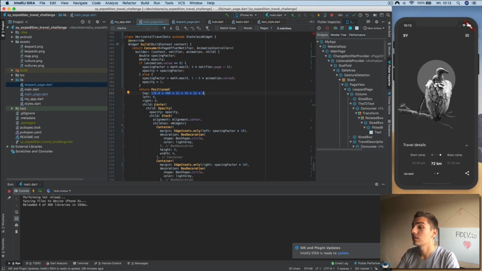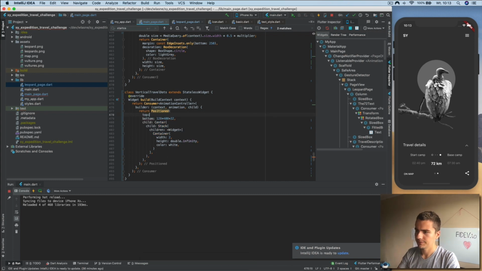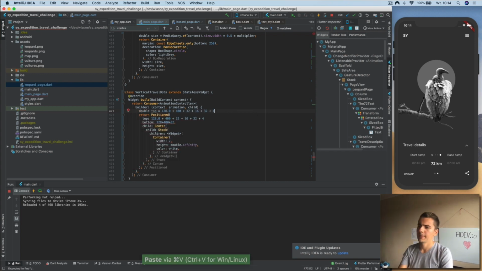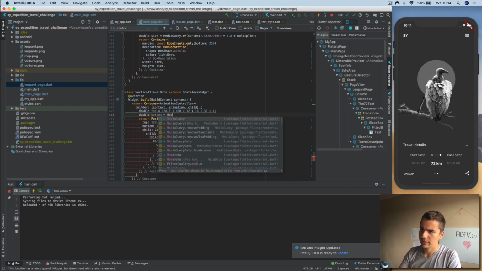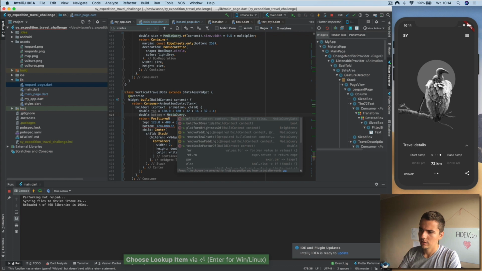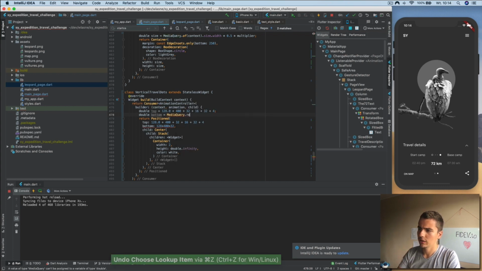so this is top, and we don't specify it from bottom, but now I would like to specify it from bottom. So this is top, and now, wait, double top is this, and the bottom is media query, remove padding, wait,